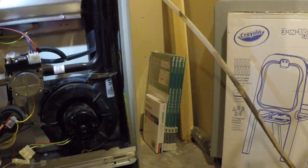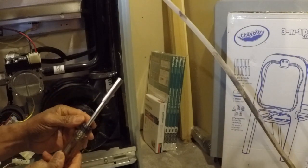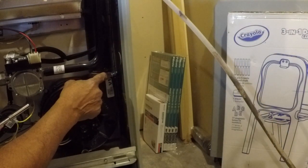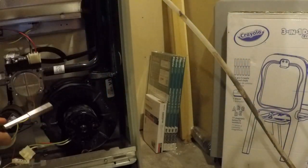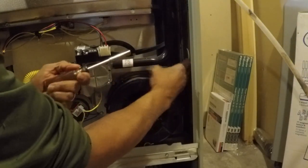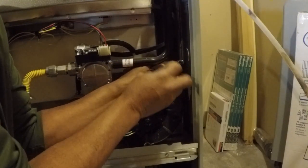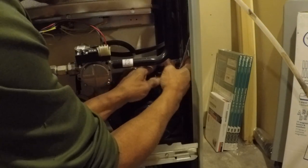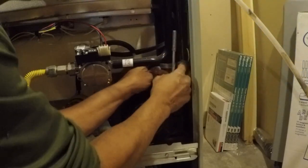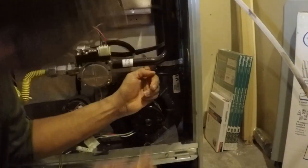All right, so the first item we'll tackle, I'm using a 5/16 long socket, and an 8mm would probably work well also. All of these screws to remove the motor can be taken off with a flat tip screwdriver. So I've loosened up this clamp here, and I'm just going to raise it up. Make sure it's off of the connection. You may have to open it almost all the way to get enough freedom to get it up and off of the motor,